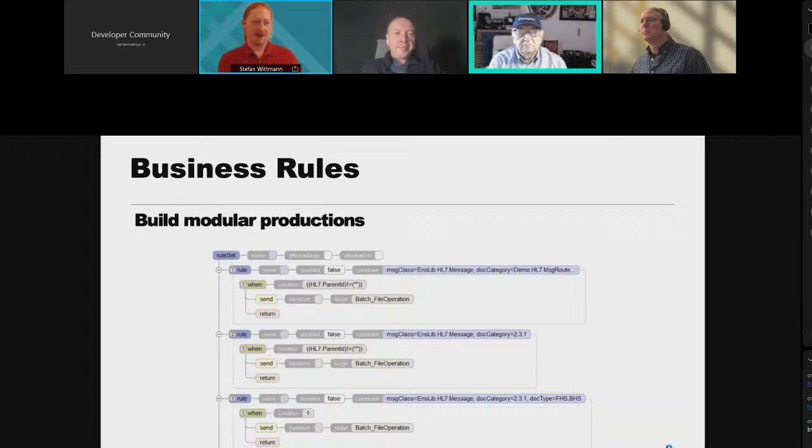So the rules engine allows you to route your messages based on the content or the metadata, and that's very helpful to split up logic and not have very large processes which try to deal with everything, but have modular processes, which is very powerful.